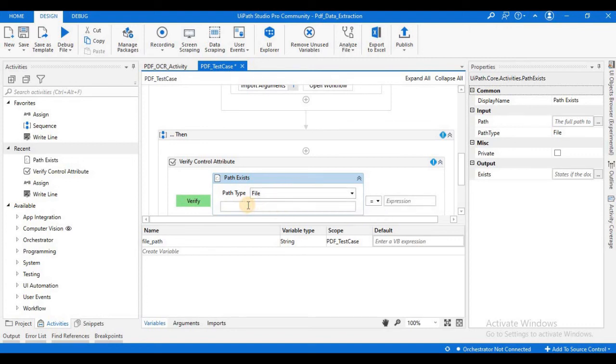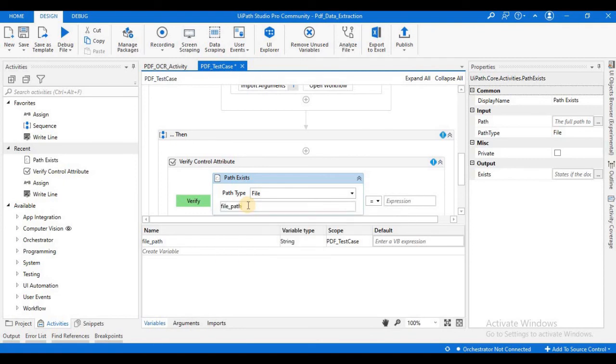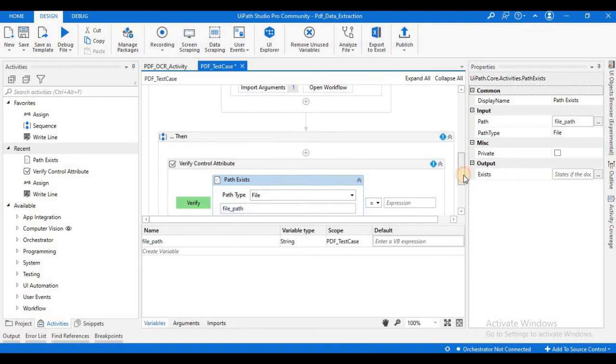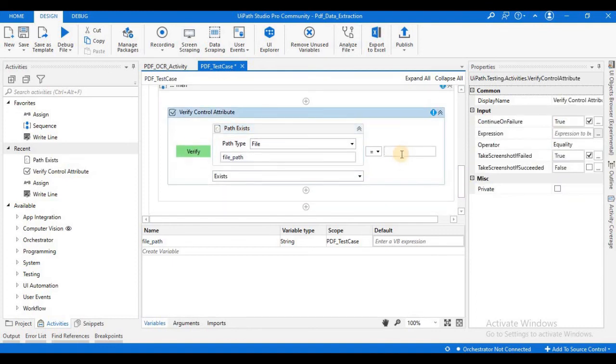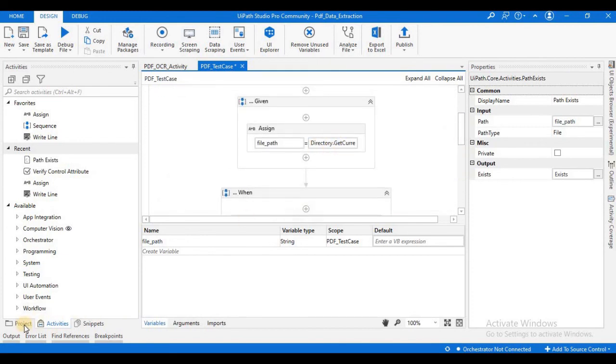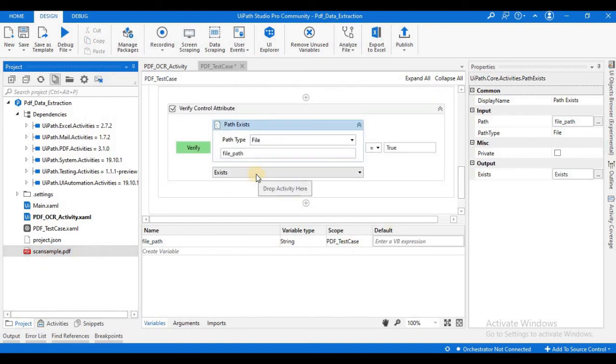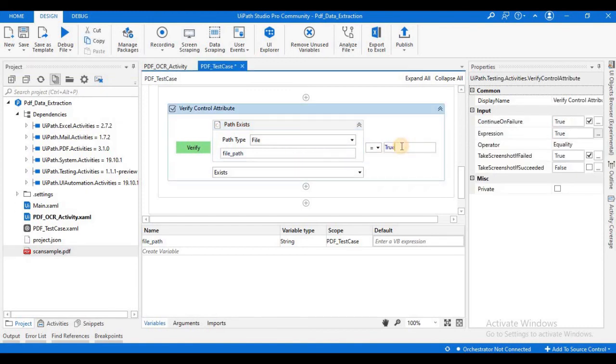So how basically it is going to function in this section, here I will put true. What exactly it is showing is that the variable which contains the path of my file, that is the scan sample.pdf file, is the input, and the output value of Path Exists, if this file exists, will be a boolean value and that should be true. Okay, I will show you in the output panel how it looks. Okay, so now I think we are done with our test case.